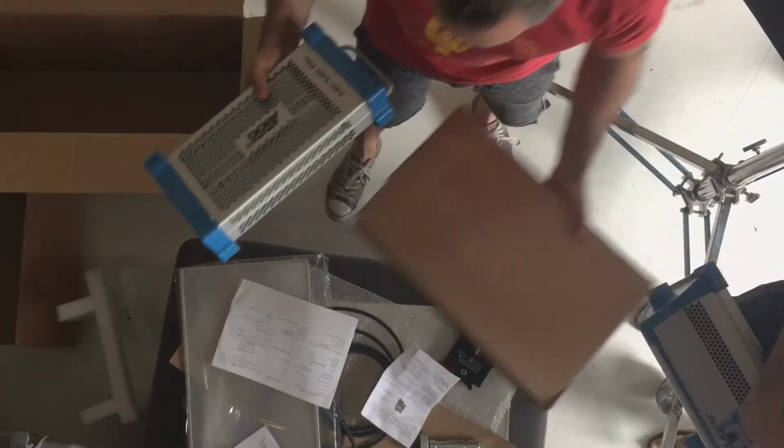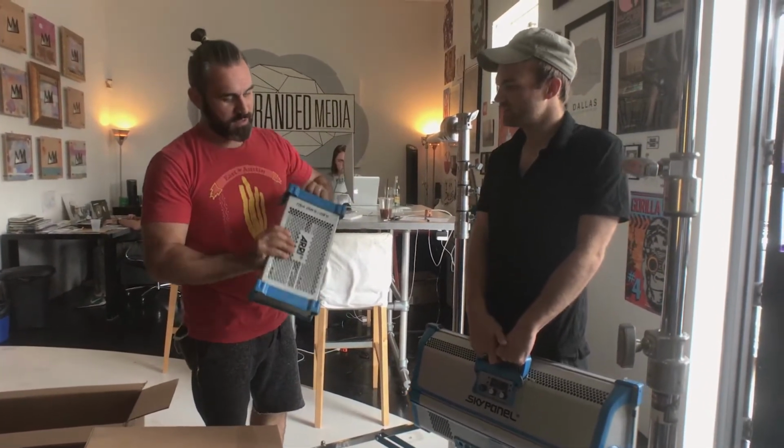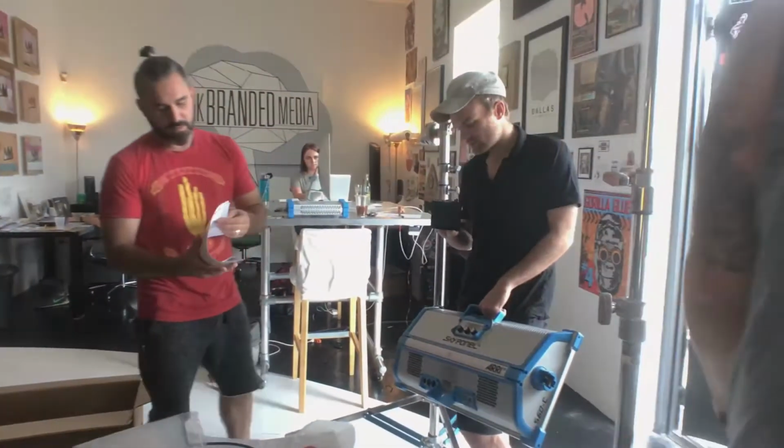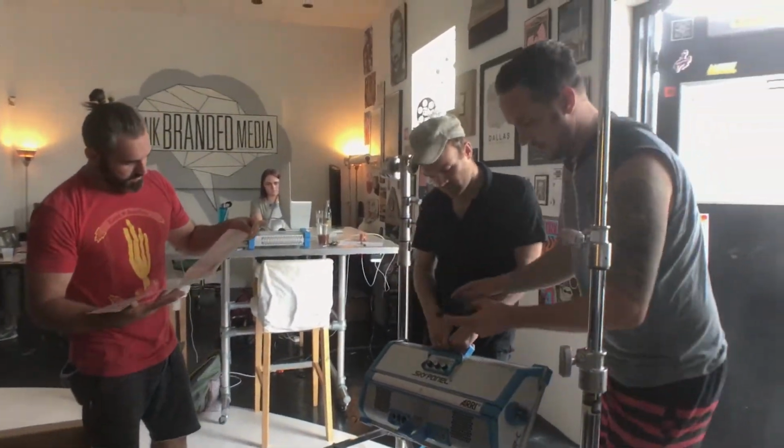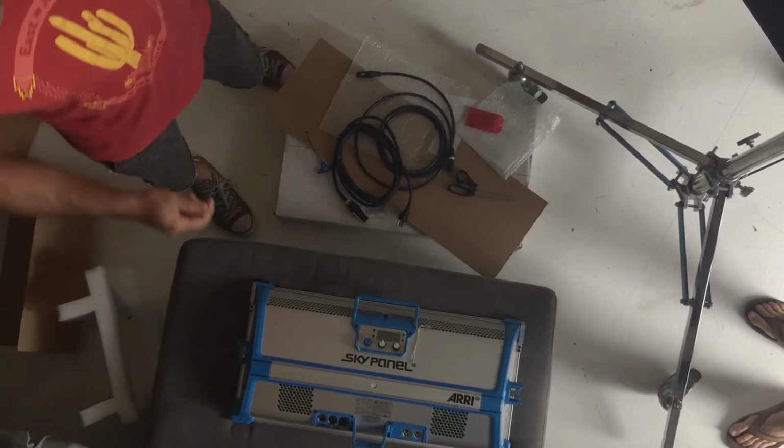Note, the ballast is included. Yes, the ballast is included. We were worried, we're like, hey, we hope the ballast comes with this. Kind of a sweet looking ballast. And yeah, here's Bo. He knows more about this stuff than us. Can you hand me the monster Allen? World's largest Allen wrench. It takes two people to...